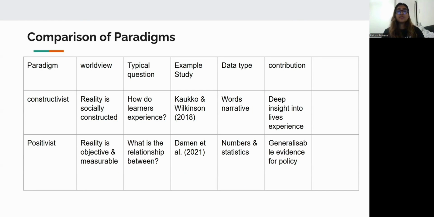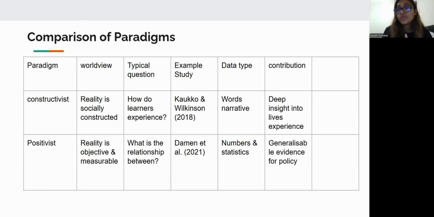And then the comparison of paradigms. Here I added two in the overview, but I discussed four because of limited space. These four studies represent distinct research paradigms: constructivist, positivist, pragmatic, and critical. Each paradigm views reality differently.